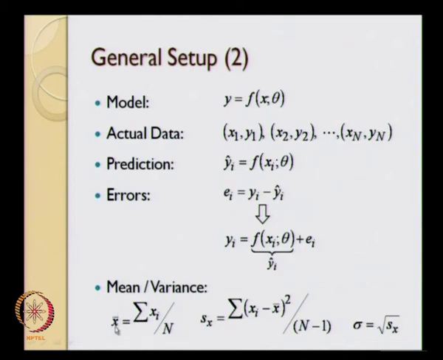Before going further, we will also just define a few terms from statistics. The mean of data is nothing but the sum of that data divided by the total number of data points. It is something that we are all familiar with. This is essentially the variance of the data. Variance of data is nothing but the square of the standard deviation, which essentially gives us how the data is spread with respect to the mean x bar. So how much is the spread of xi with respect to x bar is what is given by the variance, and sigma, the square root of variance, is nothing but the standard deviation.